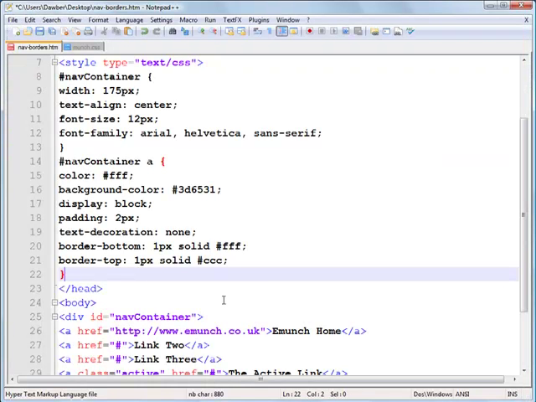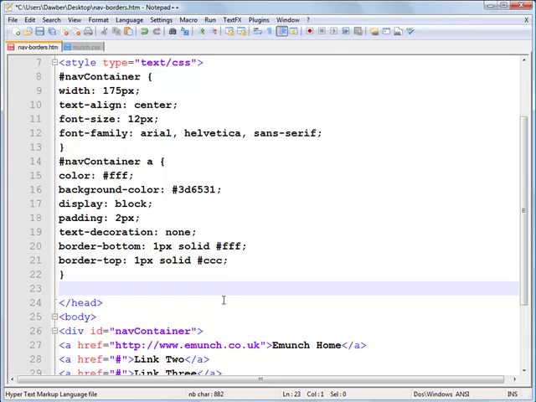I do that by creating, again I want all this to be context dependent, so I have nav container space A. This time I use a pseudo class on the A tag, hover, and I also want the active link to be context dependent and to have the same styles as the links that are hovered upon. A dot active, which ascribes the class active to the A tag,